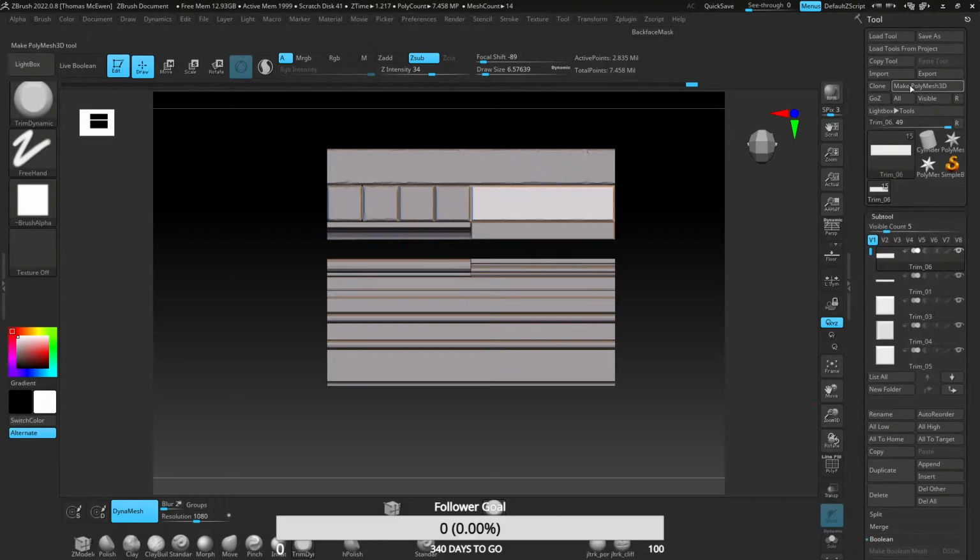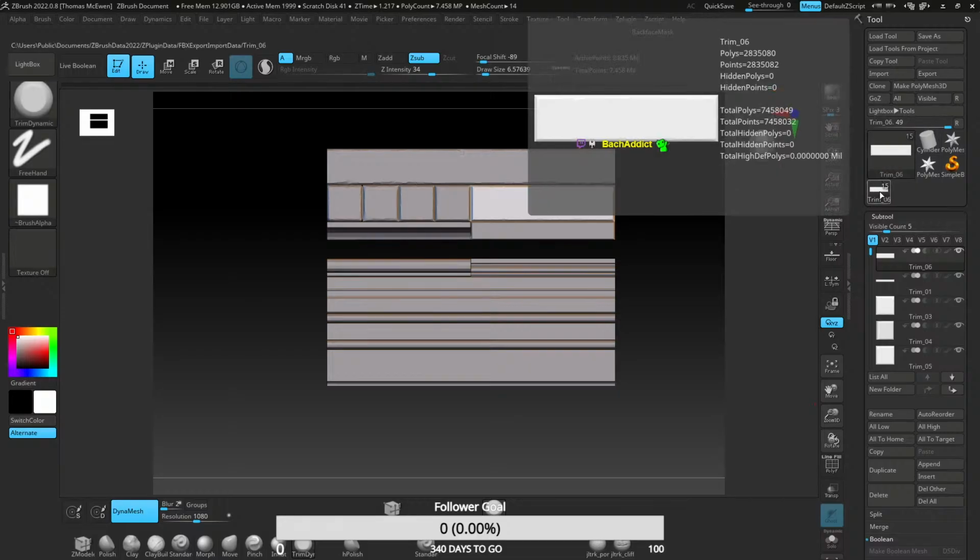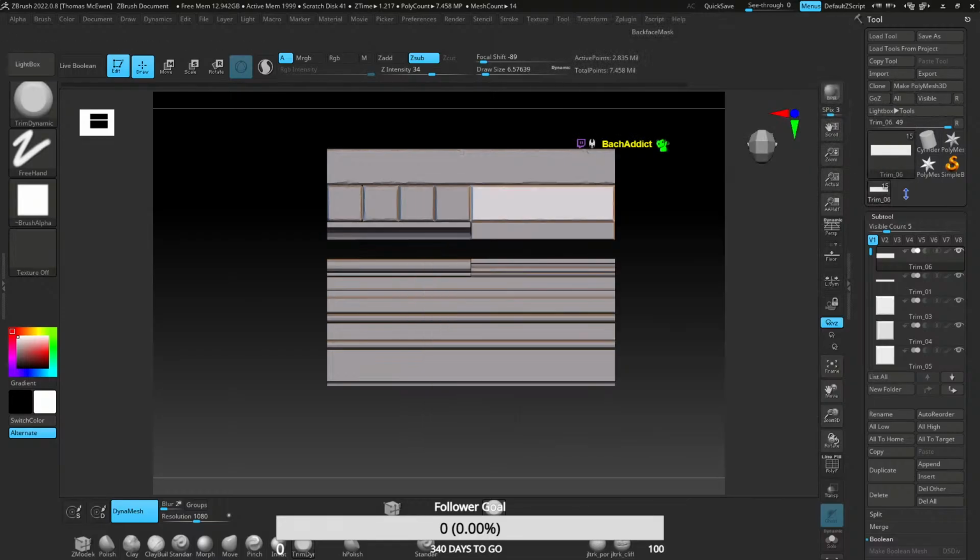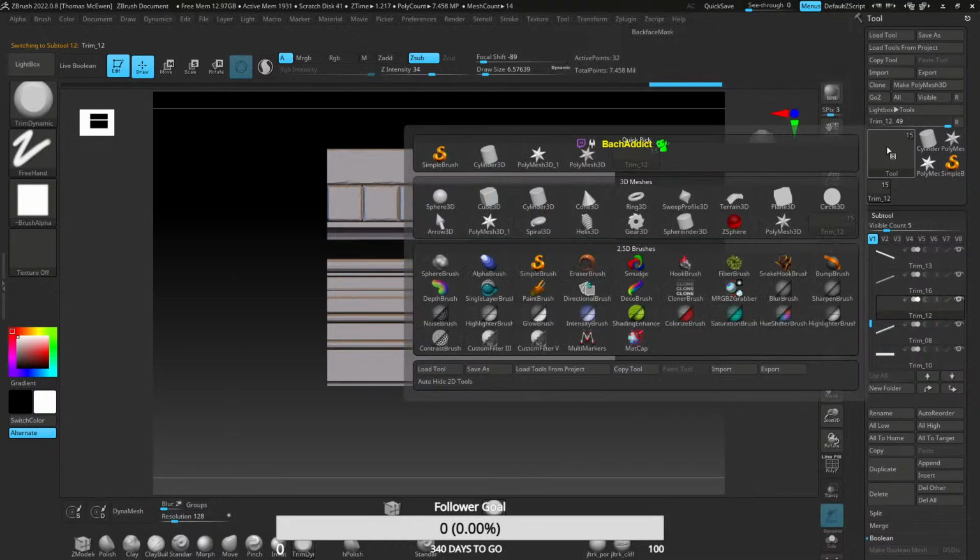Right. I hope I can just easily go into one of these. So if I click on, where's 12? Okay. If I just click on 12, I can